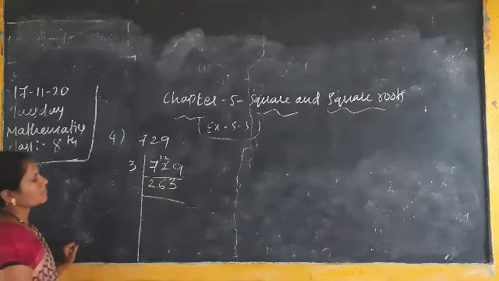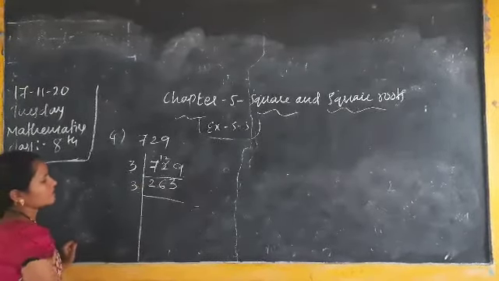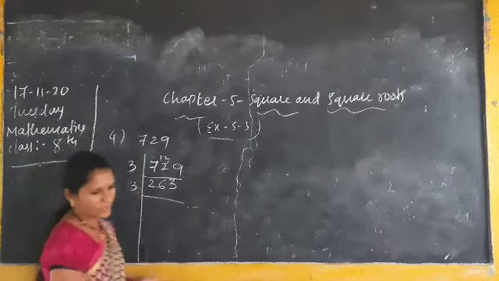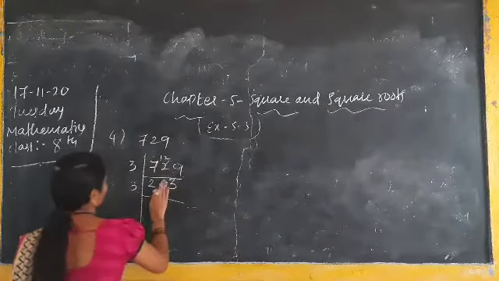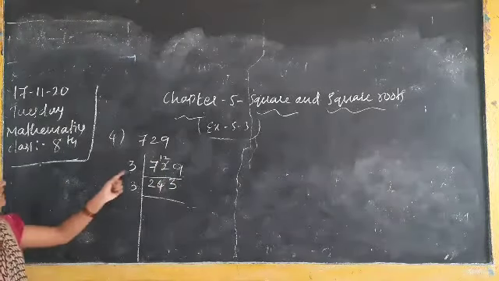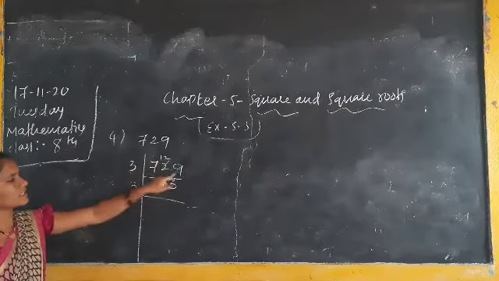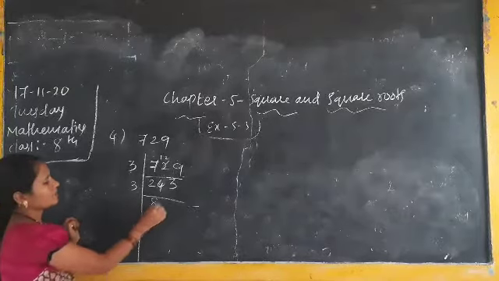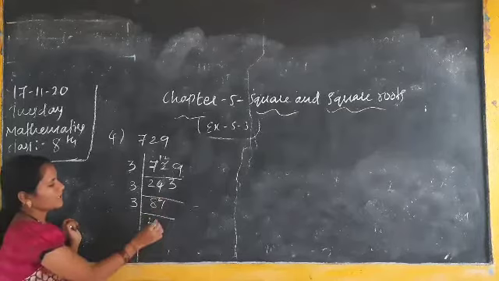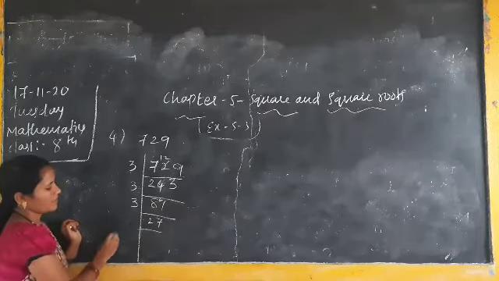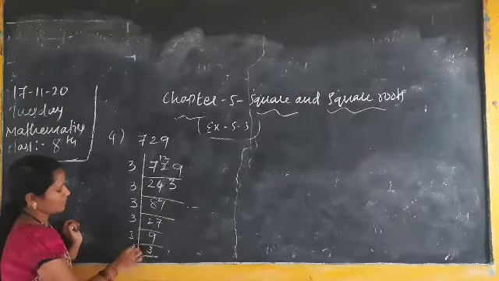Next, what is there? 2, 4, 3 is there. I will take next 3. Sorry, again I am saying: 3 2s are 6, you get 1 left, here 12. 3 4s are 12. 3 3s are 9. Next, 3 8s are 24. 3 1s are 3, you get 81 again. 3 2s are 6. Here 21 will be. 3 7s are 21. Next 3 9s are 27. 3 3s are 9. Next 3 1s are 3, up to 1.